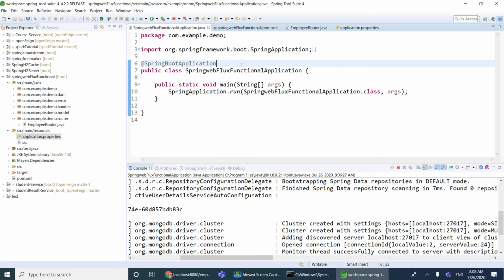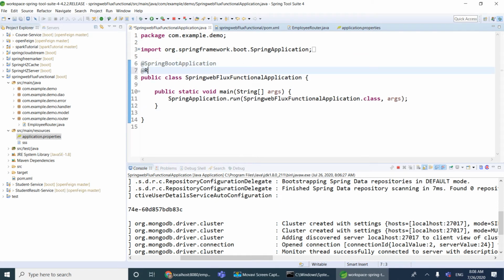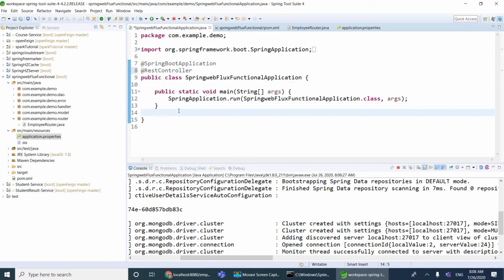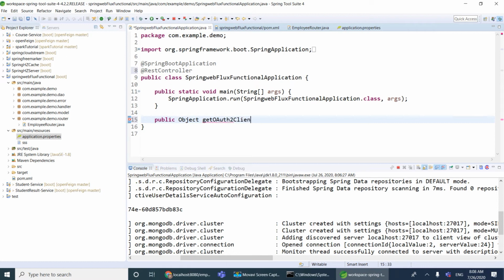So I'm going to add a REST controller. So public Object getOAuth2ClientCredentials, OAuth2 client detail.